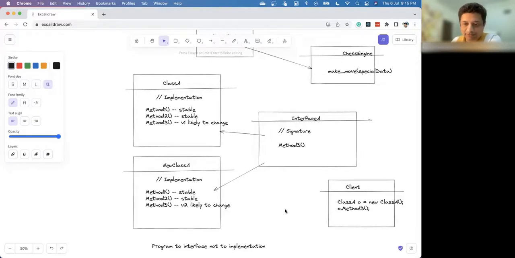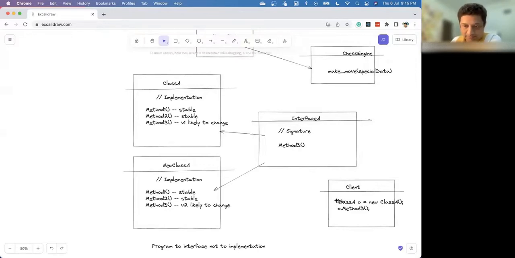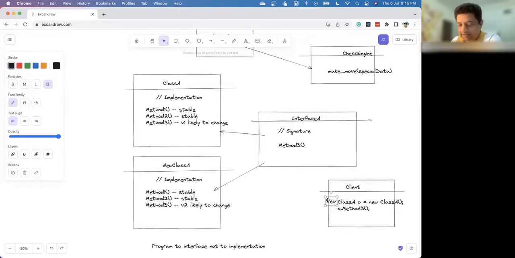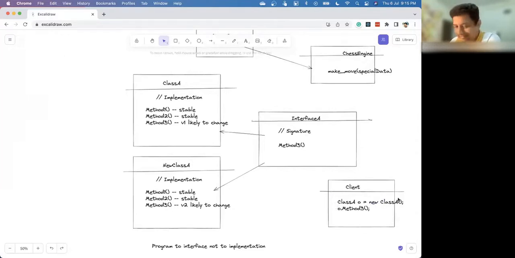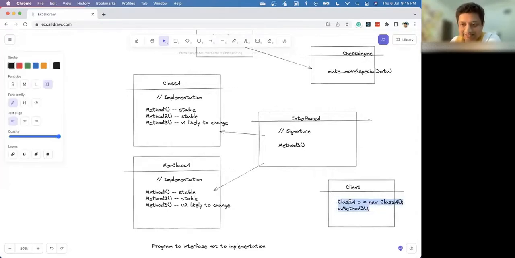Basically I have to insert new here, so I have to change it, maybe in multiple places, wherever the object is created. But if you apply the Liskov substitution principle and put interface A here,